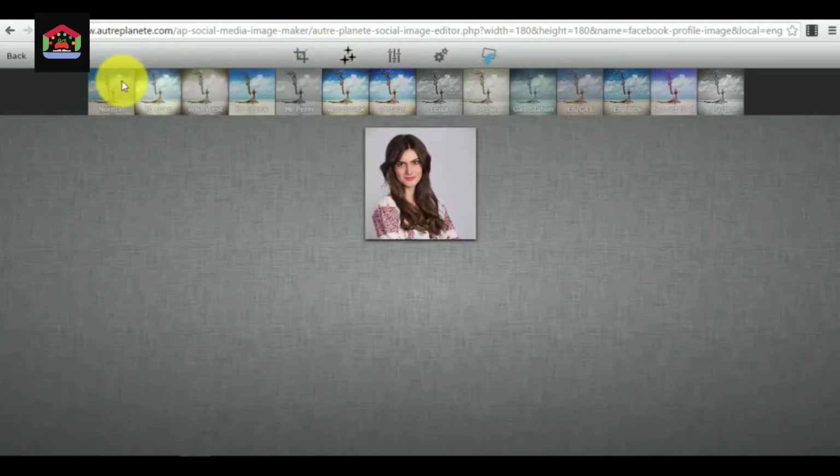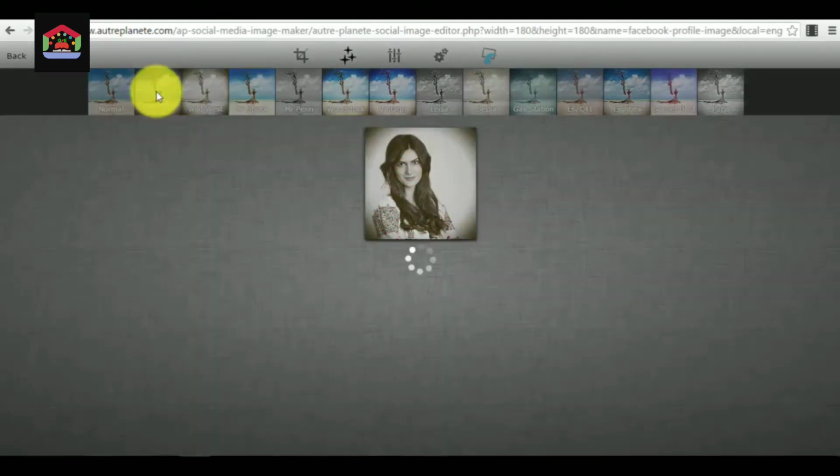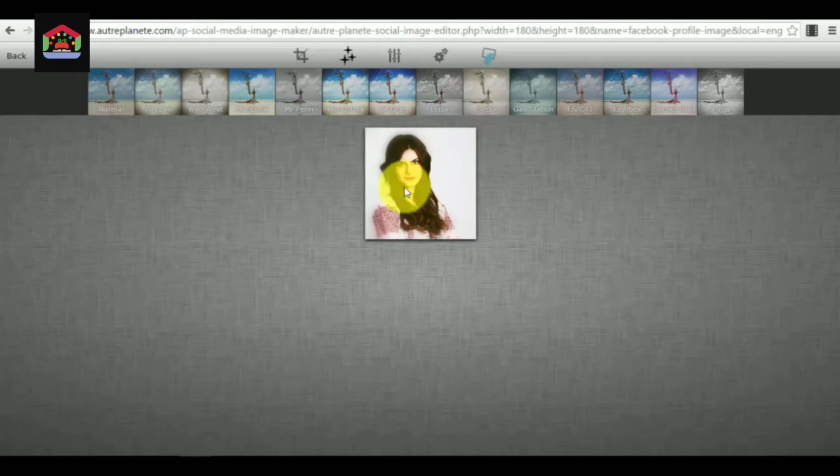Then we can add some different effects from this upper menu. For example, we can add Wild Wild West, Mr. Spock. This one looks really nice, Woodstock. So we have different effects. This photo was already a professional photo, so it doesn't need enhancements. But if you want different types of effects, this one can be a very good type of effect. Okay, 80s, it looks very nice.